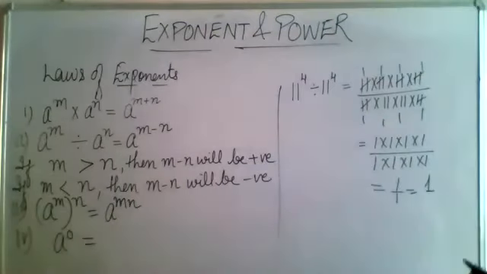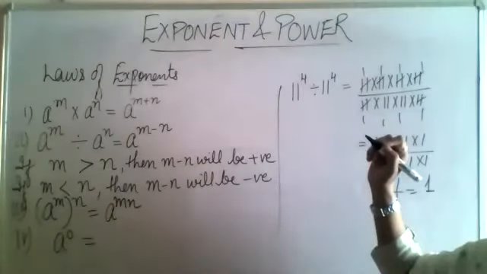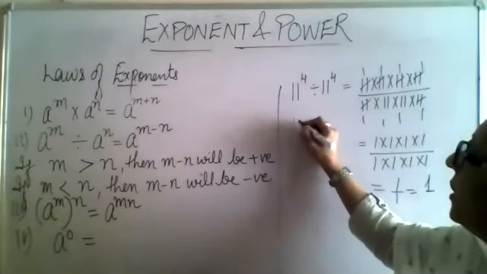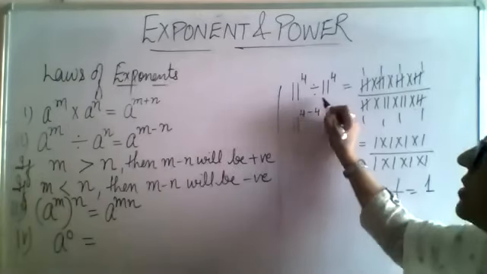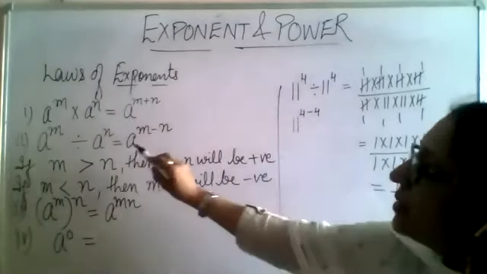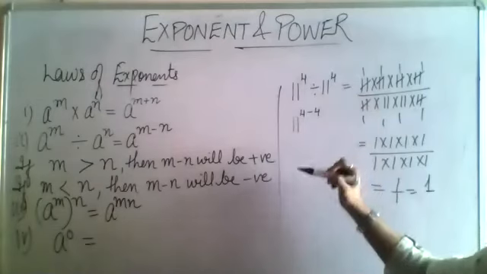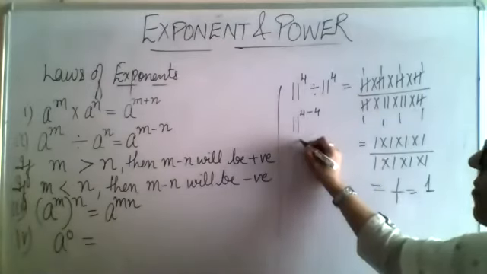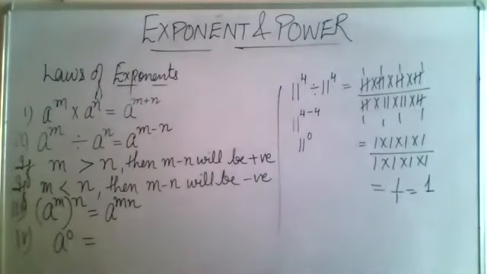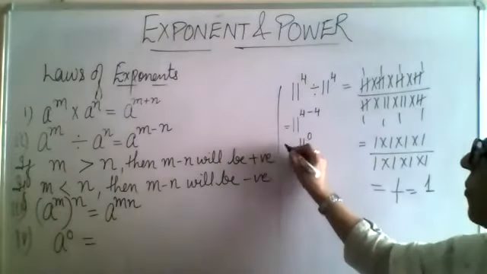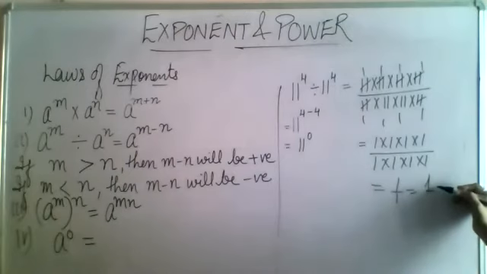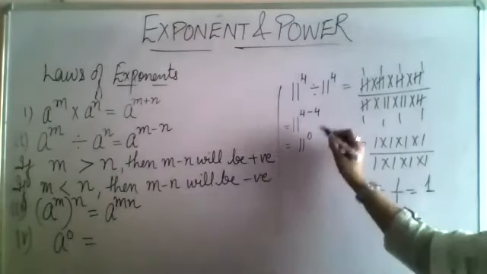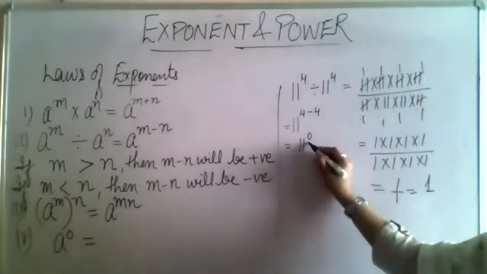One child is saying, ma'am, I know the laws of exponents, and he has done it because bases are same, division sign, subtract powers, what will come? 0. One child has solved this and the answer is coming 1. And one child has written in exponential form, power is 0.